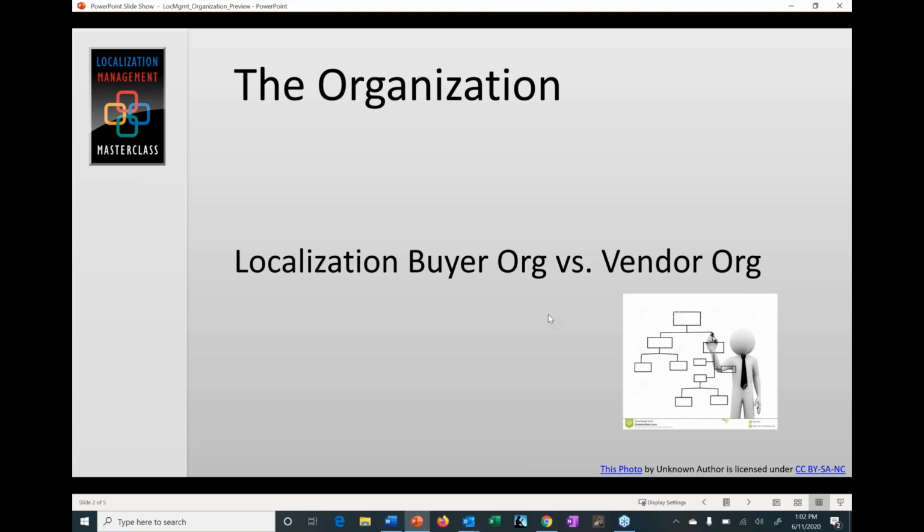And I had the opportunity to do most jobs in the company, including desktop publishing, project management. I managed the production operation and eventually was the senior vice president in charge of sales and marketing. And with all that experience, I thought that I knew pretty much everything that was relevant about running localization and felt perfectly competent to advise our customers and prospects on how they should run localization within their companies. So I don't mean that I was hubristic, but I did feel as though I knew the business pretty well.